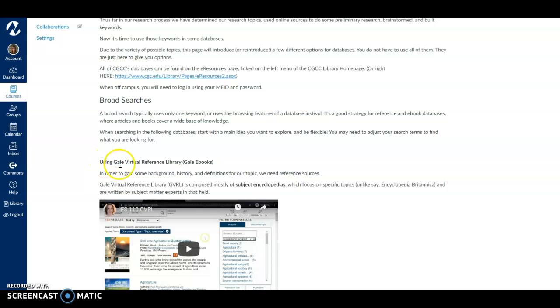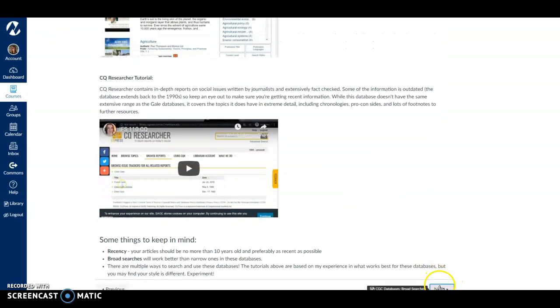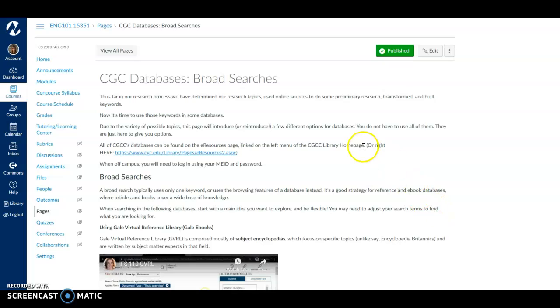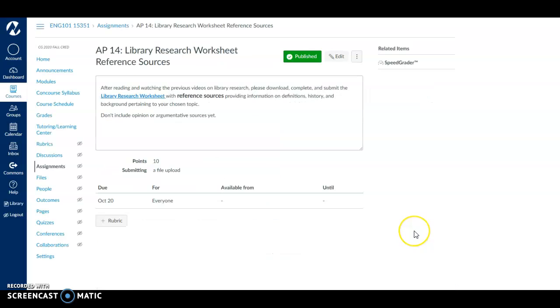So here on this page, using Gale Virtual Reference Library for the reference sources, this is your go-to. And so there's a great video made by one of the librarians, and here's some more on using resources or databases, I'm sorry.